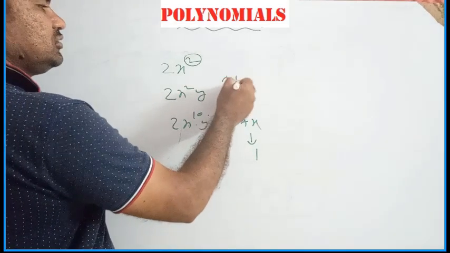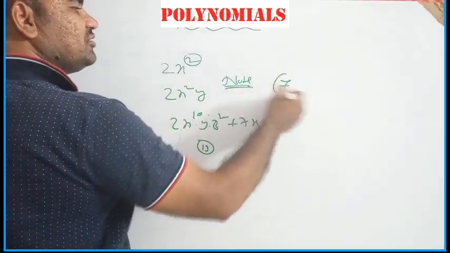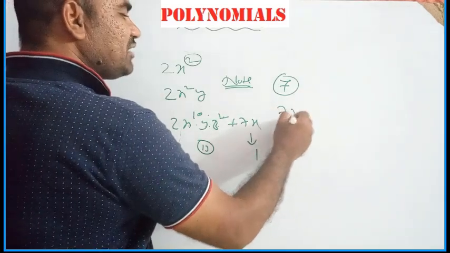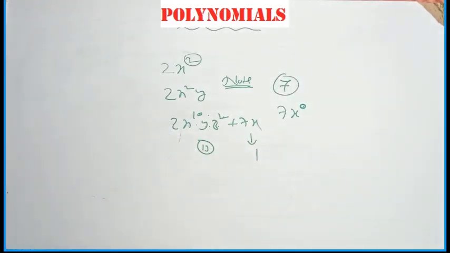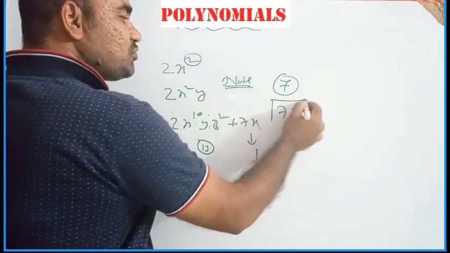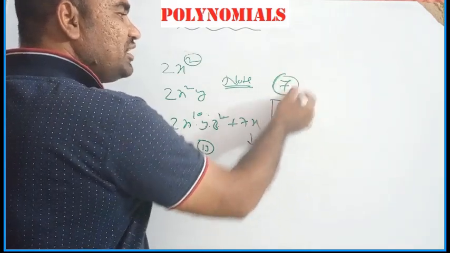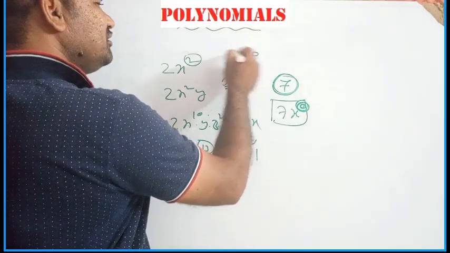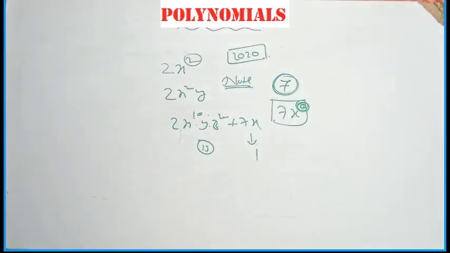Important note. 7 is given. We want to find its degree. Definition: the highest power of the variable is called the degree. Here the variable is not there. In general, you can write it like this: 7 times x power 0, or y power 0, or z power 0, provided x is not equal to 0. So now you can say that the degree of this polynomial is 0. That's why the degree of constant polynomials is taken as 0. Take any constant polynomial, 2020 is a polynomial. It's called a constant polynomial. You can say its degree is 0.